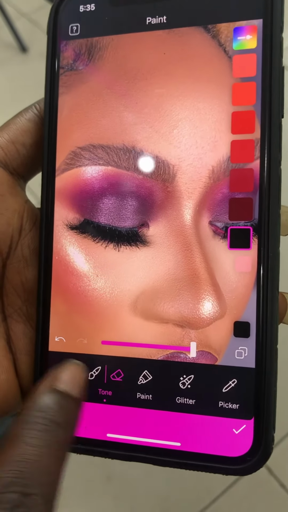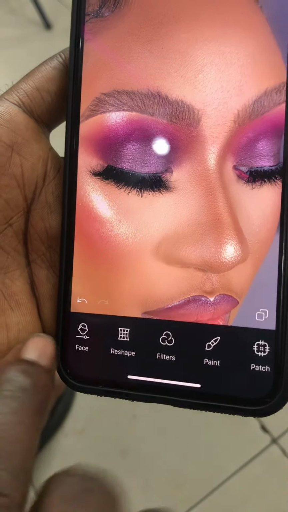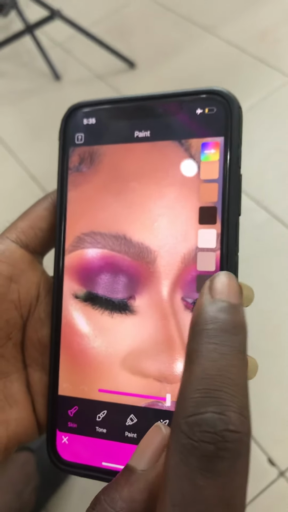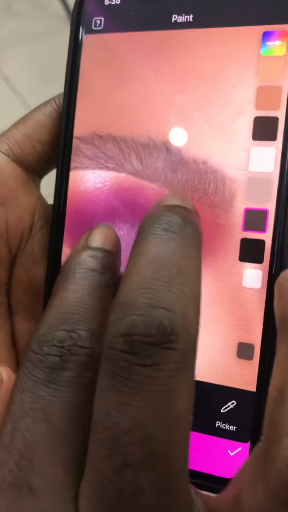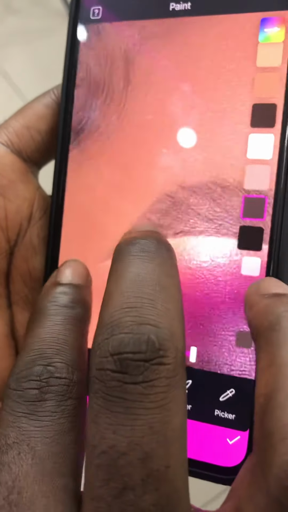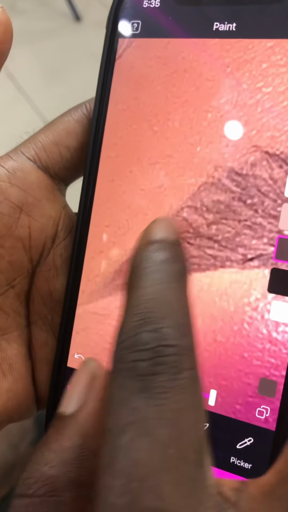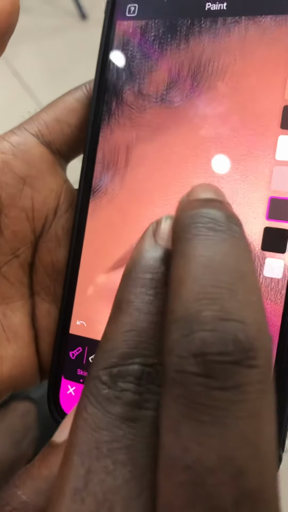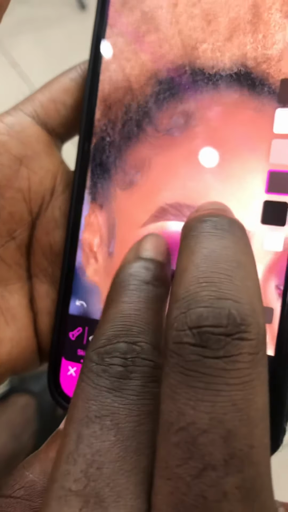Then go back to tune if you want to add any other thing, but I don't want to add. I'll secure it. I'll still go back to tune again. I need this gray. This gray now is me. I want to use it to touch my brows. So you see, this side of the brows is faded. I'll just add it to the tail of my brows to just make it pop. As I'm adding, I'm